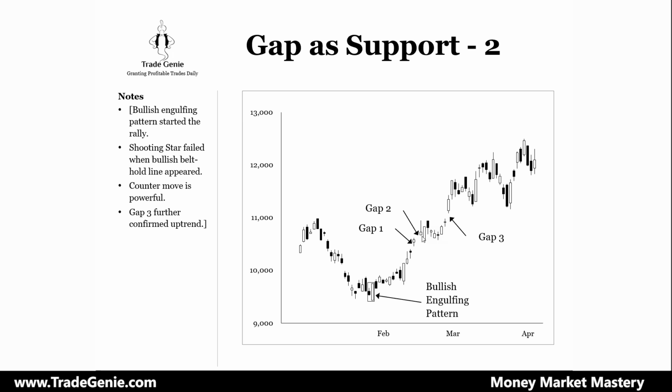So this whole white candle acts as a support. This whole zone is a demand zone. This is the buyers' zone. This is where the buyers are living. So this is what happened. The market pulled back, it stayed in this whole white candle zone, and then the market rocketed upward.